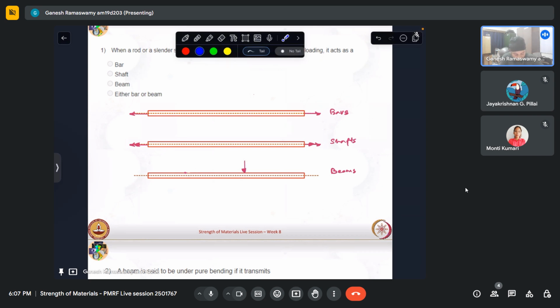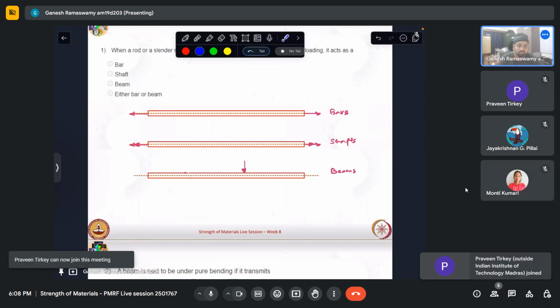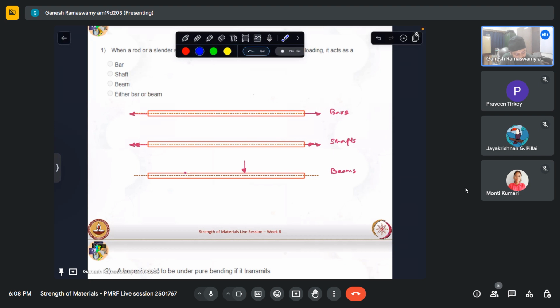So we will see how to calculate the stresses and deformations, but beams become a bit elaborate. So stresses and deformations, we will not combine and study at once. First, we will focus alone on the stresses, and then we will move on to deformations in the form of deflections, which is an entire week dedicated to that. So presently, we will be looking at the bending formula, essentially, or called the flexure formula,